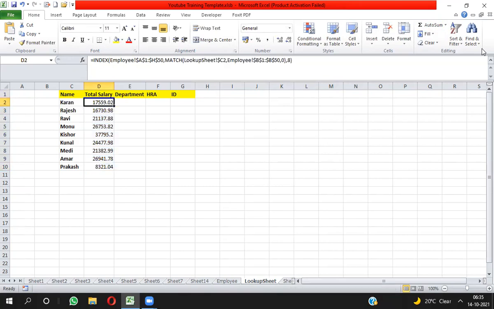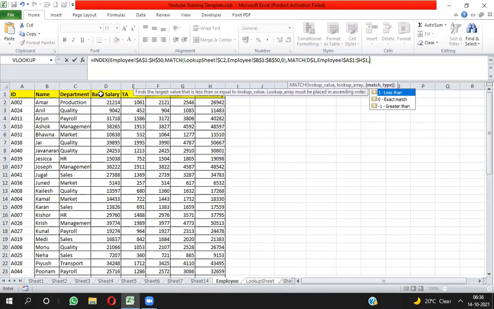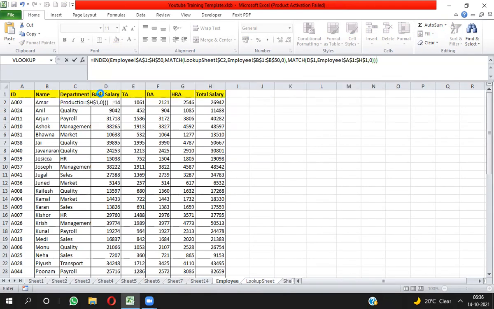Now I want to make it dynamic. This 8 is a static value. I want to pick the data as per the header. So what you have to do here is apply MATCH again. I will take the reference and freeze it, then comma, then move into the sheet and take the complete header reference, comma, 0, bracket close twice, enter.